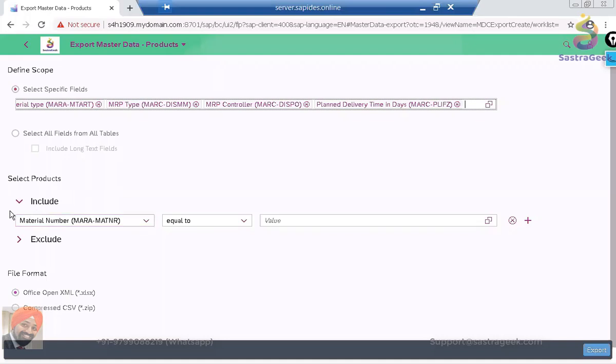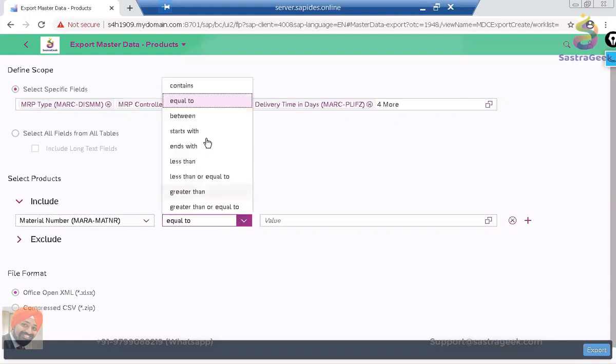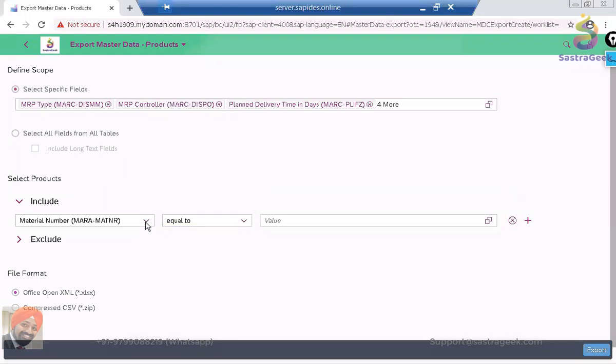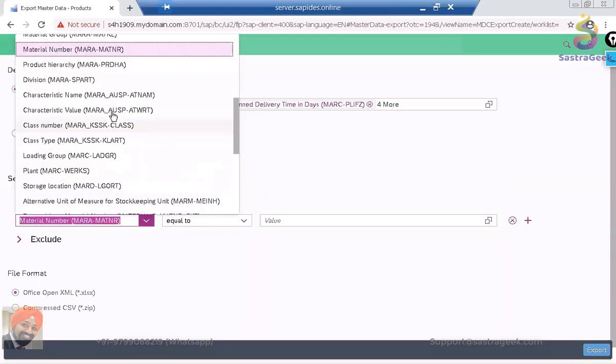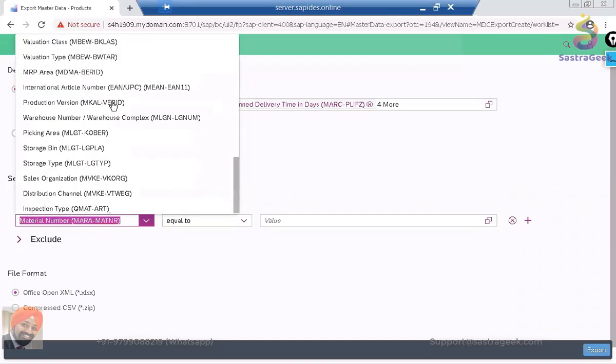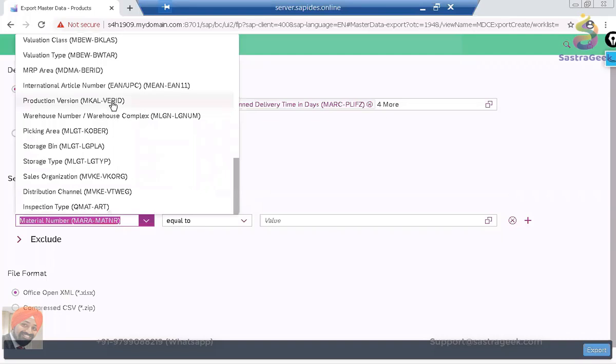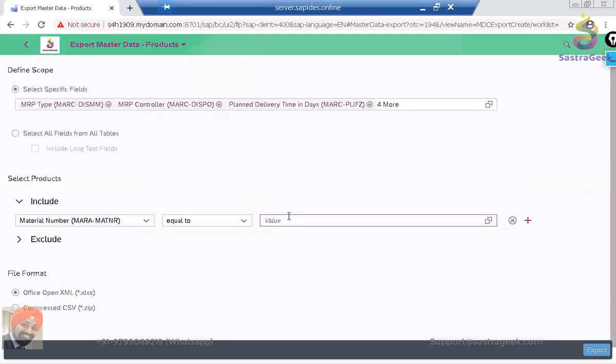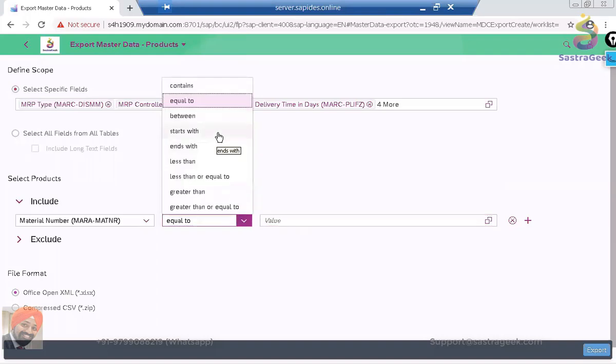Then you need to select which materials need to be included or which materials need to be excluded. So here also there are multiple commands, contains, equal to, so multiple kinds of different commands are there. And you can also select your material based on different fields, based on the sales organization, based on your plant, you can select different fields to select your material which needs to be downloaded. So I'm saying here starts with,